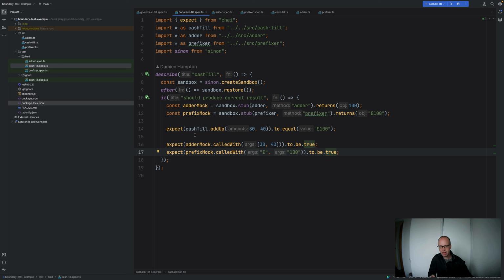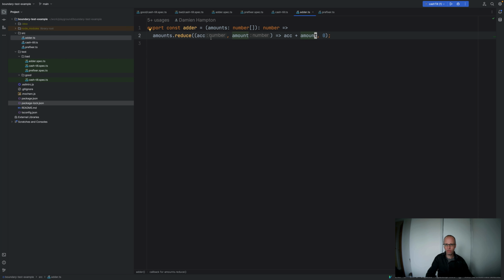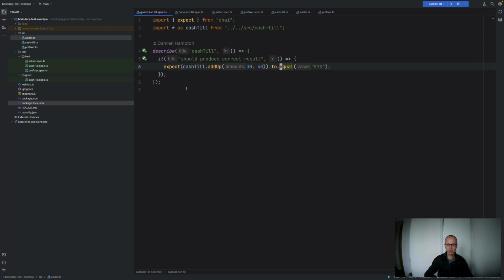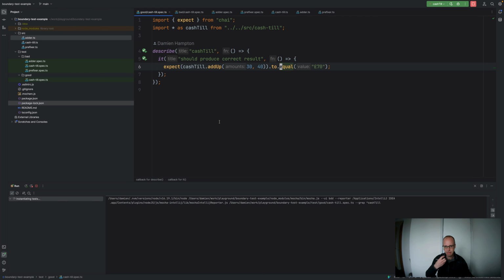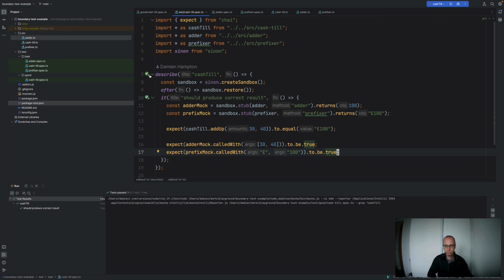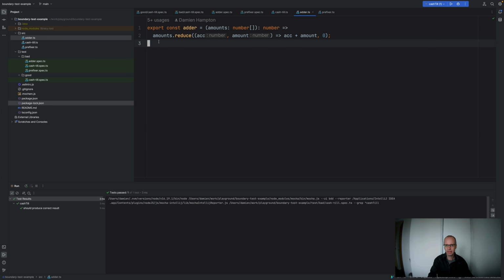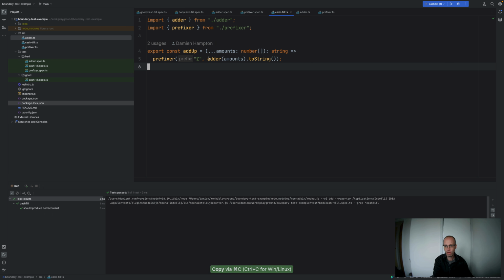They're irrelevant details. And the other problem is that if I want to modify the design of my code, just to demonstrate this test working, if I just run that test, you'll see that test run. If I run this one, we'll see it also passes. So the good test and the bad test both pass. But if I now change the design of the system, and I take my adder and I inline it to here,